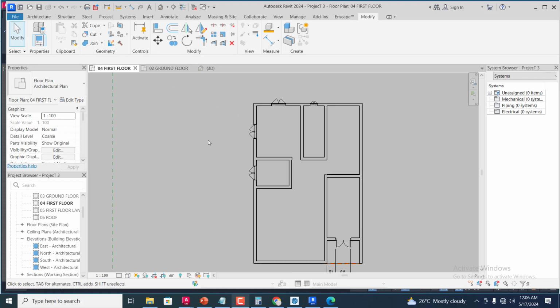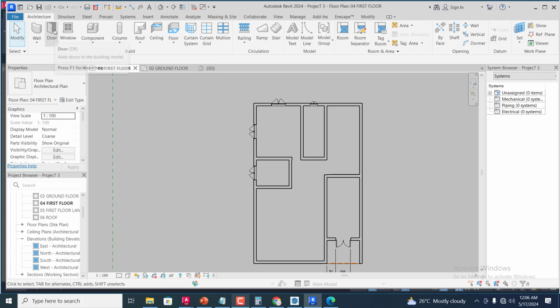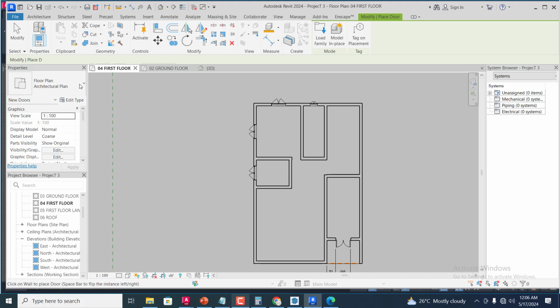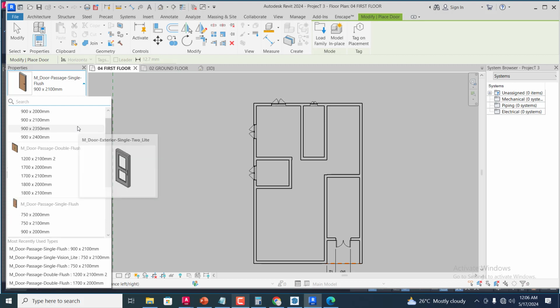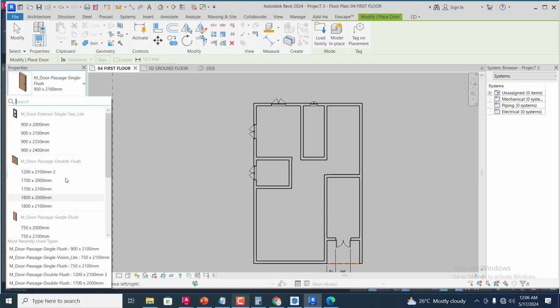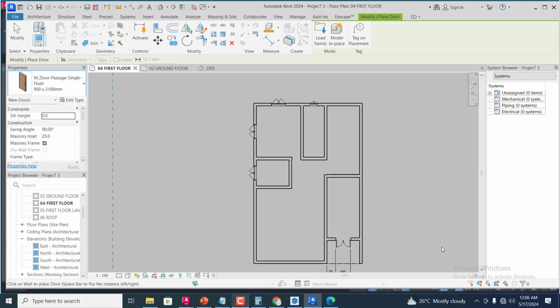So similarly, just like we created the ground floor, is basically how we are going to create this one too. I wouldn't want to take too much of our time, but let me show you how to insert some of the major openings that you probably want to have on the building. We have a double door which we created for 1, 2 by 2, 1, and then I will insert it